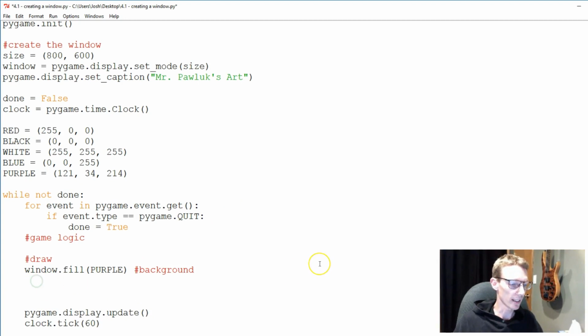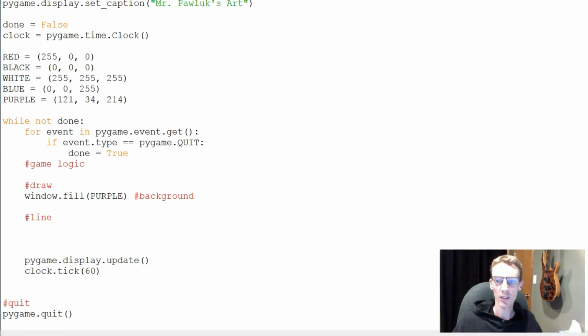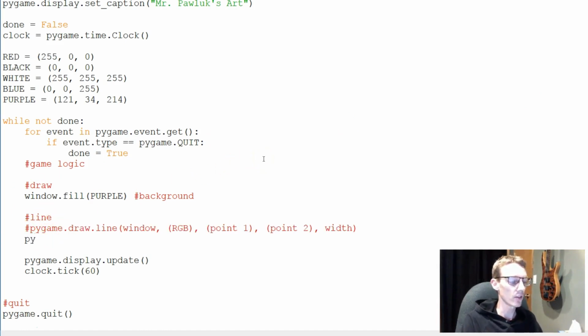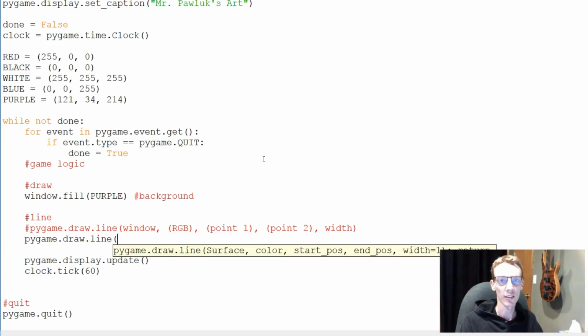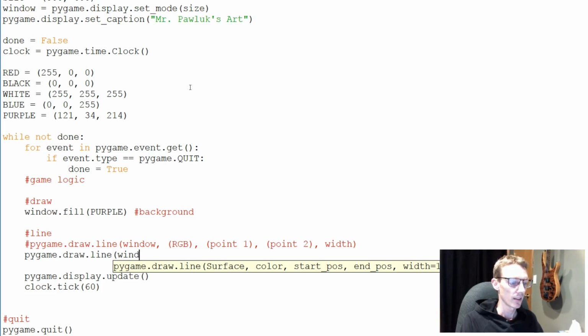And the first shape we're going to draw is a line. And the way a line is set, I'm just going to paste in here how you draw lines. A line looks like this. So we go pygame.draw.line, and where do we want to draw our line? Well, we want to draw our line in the window that we drew. And because we said window is pygame.display.setMode, our window is called window. So we want to draw it to the window, and then we need a color. What color do we want our line? Well, right now our background is purple, so I don't know, let's draw it black,